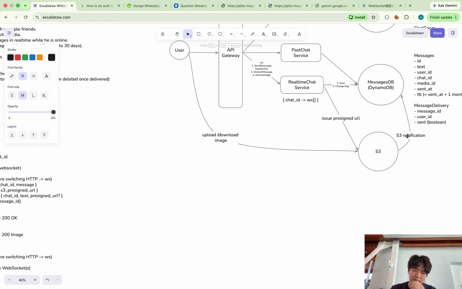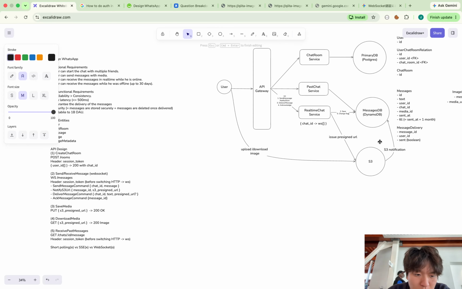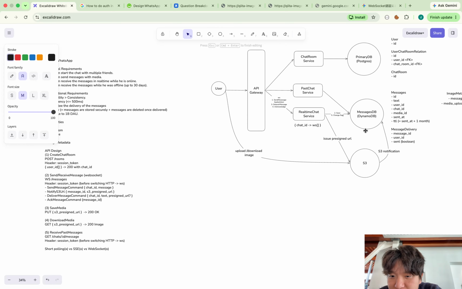Yeah, that's it. Okay, so this is all about the sending and receiving message flow. And one more thing, when we save, I should say create message and delivery records.